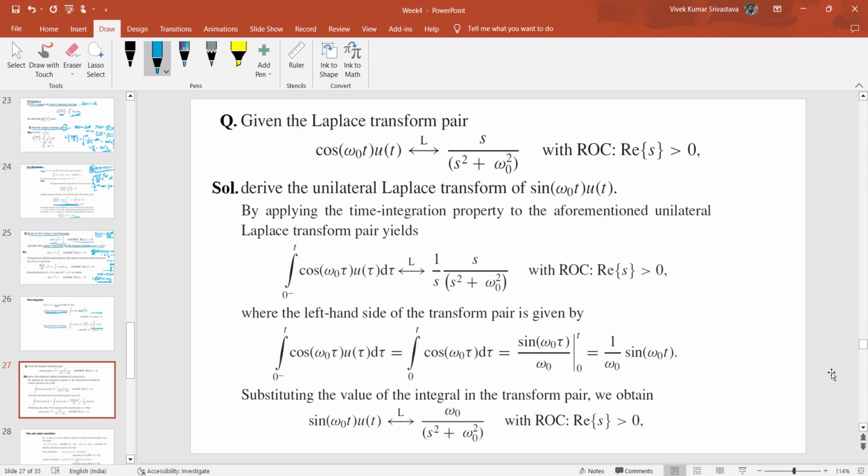Okay, so here is the problem based on the time integration property of the Laplace transform. So here cos of omega t is the signal and the corresponding Laplace transform is given to us, that is s over s square plus omega square. Okay, so now we have to derive the Laplace transform of sine of omega naught t into u(t). Okay, so from here we can see that u(t) is given to us, so it is a unilateral Laplace transform problem. Okay, so here we have to use this